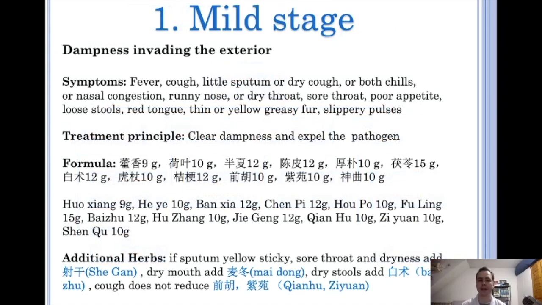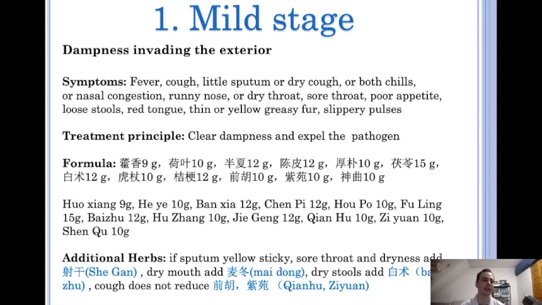That is really important. So the first thing about the mild stage, we're going to talk about the first syndrome differentiation. Okay, so it's going to be dampness invading the exterior. Okay, so we are going to see that this stage is actually an exterior pathogen invading the body. So in this case we are talking about dampness. Okay, so this virus is especially dampness more than other things, okay? And then dampness and heat and other things, but in this case it's dampness in the exterior, okay?